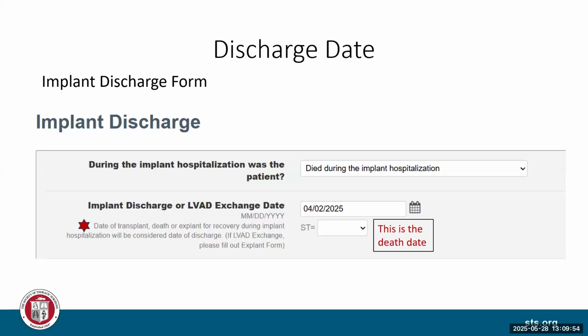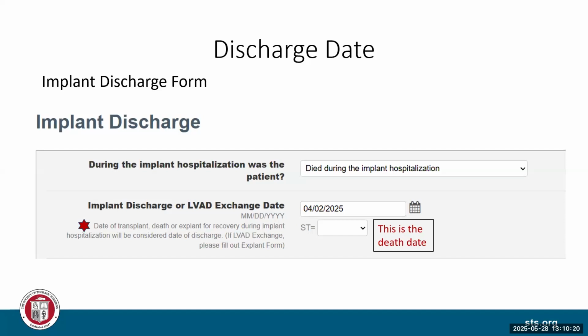And then we also do collect discharge dates on the implant discharge form. So if a patient dies during their implant hospitalization, the death date is considered their discharge date. And this also goes to say that if the patient dies during their implant hospitalization, it is still important to complete the implant discharge form. And that is part of our monthly integrity check.